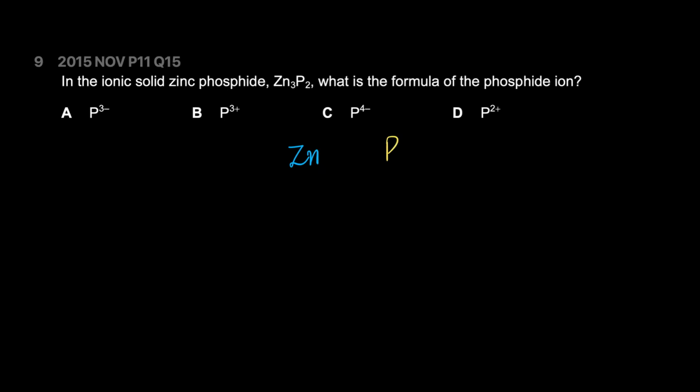So zinc could have a +1 charge, right? And there are three zincs. So the total charge contributed by these three zincs will be +3, right? There are only two phosphorus over here,